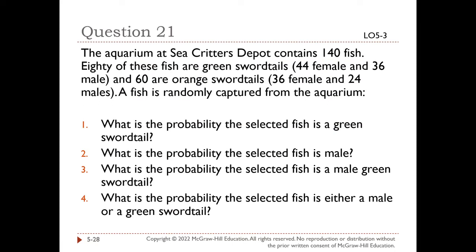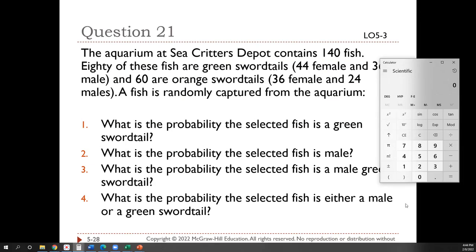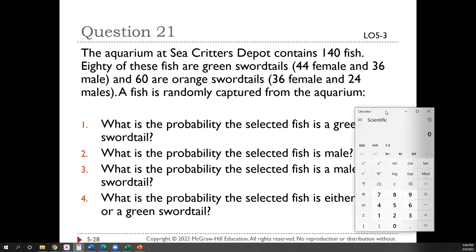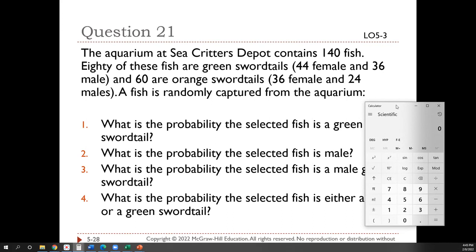All right. So let's pop out our calculator. Again, we're going to have a lot of different ones. Let's start off with the easy ones. Probability the selected fish is a green swordtail. Now we do have 140 fish. We know 80 of these fish are green swordtails. So if we take 80 divided by 140,